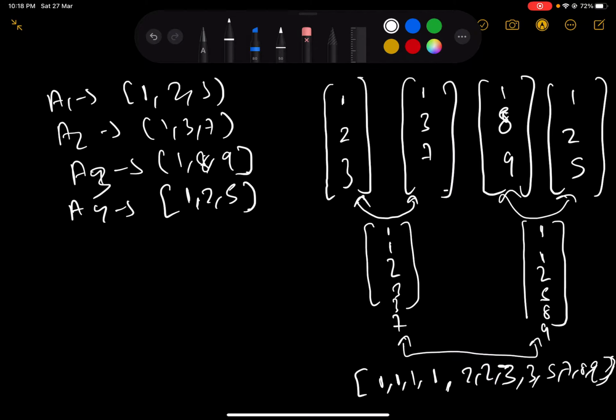This is a very simple algorithm. If you apply the same algorithm to k different arrays, each with size n, the time complexity will be n into k into log k.